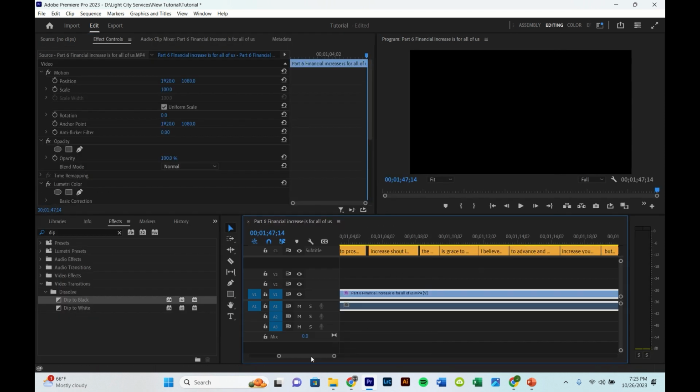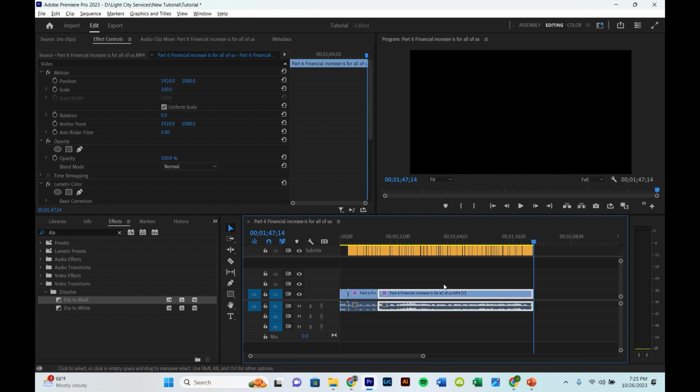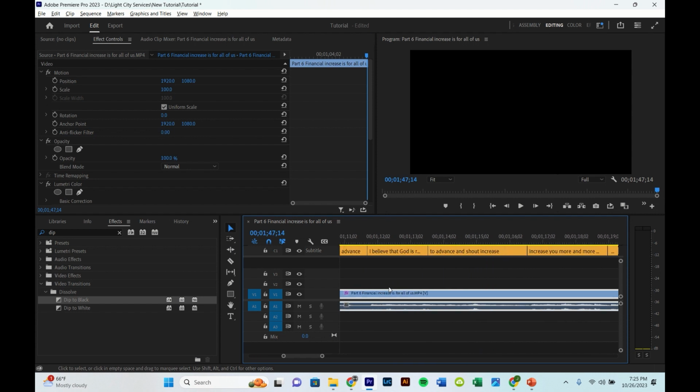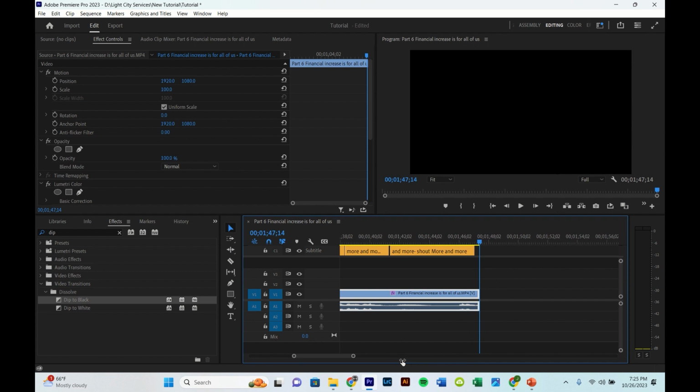And yeah, let's go back to the beginning. One thing I forgot to mention is that you can zoom in and out of your timeline. So you can zoom out and you can zoom in. In order to do that, if you're on a mouse and keyboard, you can hold Alt and you can zoom in and you can zoom out. If you're on a trackpad, I think you can just pinch and zoom to do the same thing, or you can just use this little bar at the bottom and you can zoom in and zoom out.